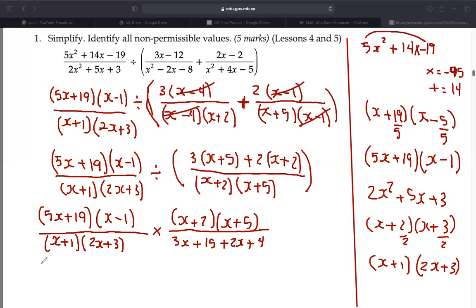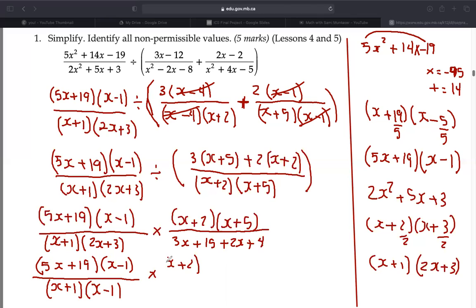And from here, I'm going to get 5x plus 19 times x minus 1 all over x plus 1, x minus 1 times x plus 2, x plus 5, kind of running out of space. Here, when you simplify it, collect like terms, you're going to get 5x plus 19. Will cancel, and the 5x plus 19 from here will cancel. I was hoping that,